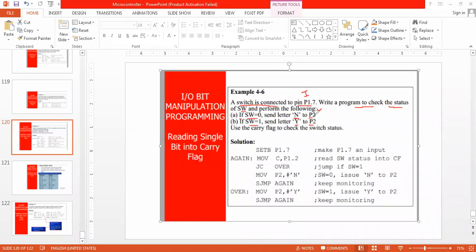It means upon port 2, either I have to send N or I have to send Y, depending upon if it is 0 or if it is 1. Use the carry flag to check the switch status.